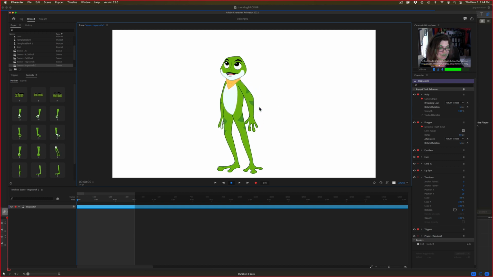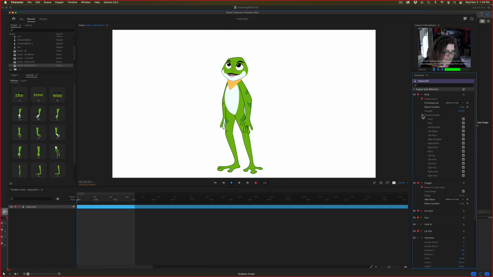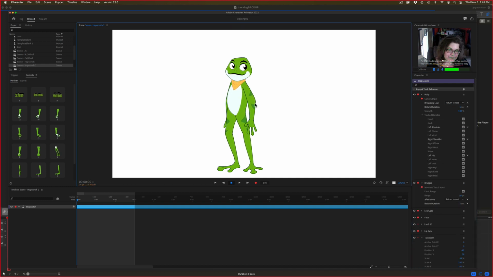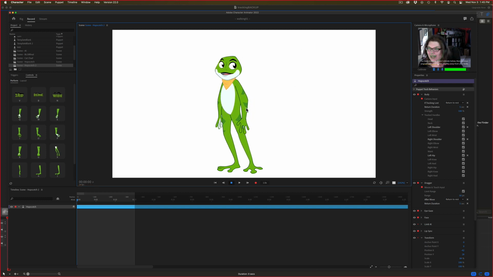You could just use it for the arms and things, like if you would like a newscaster or somebody in an explainer video or talking about something, you could just have kind of a talking head thing. But the body tag just gives you a few of these different controls, and then you also have which handles are being tracked. But basically you can apply these body tracking tags to anything. You just need to add the body tag. And then you also have these different perform features. And now